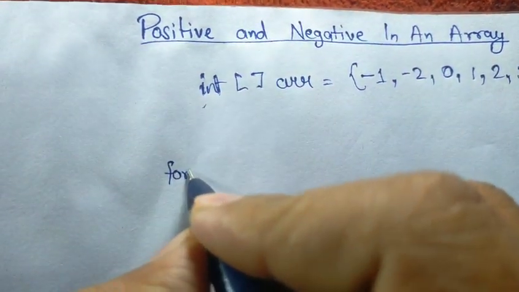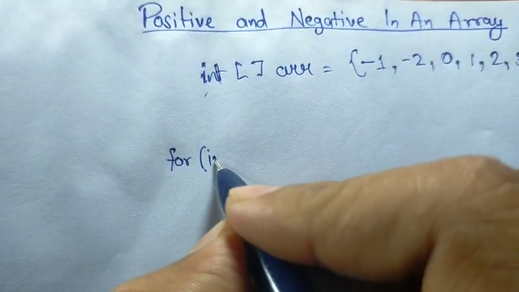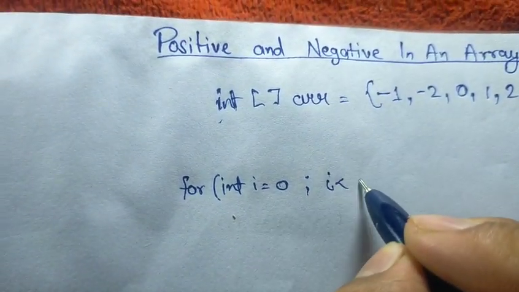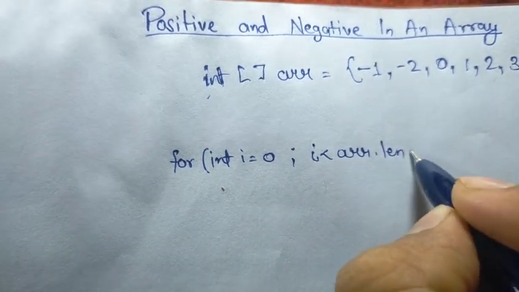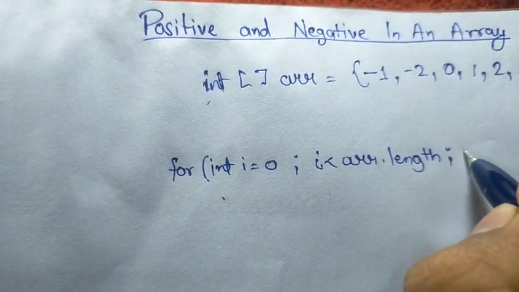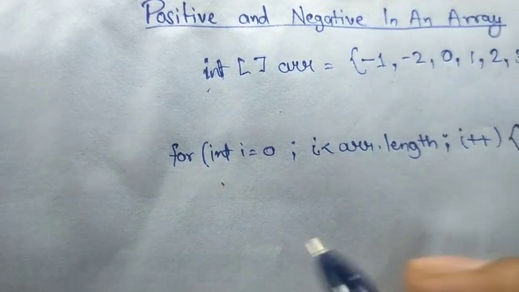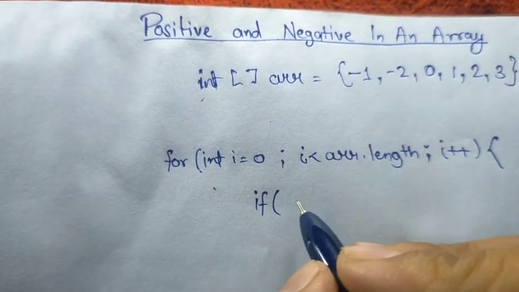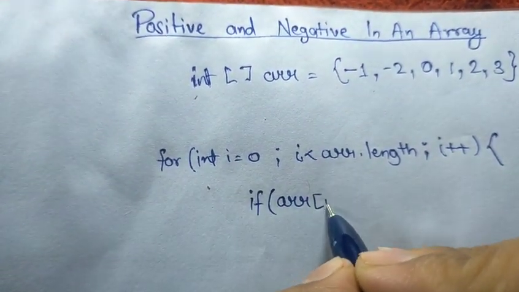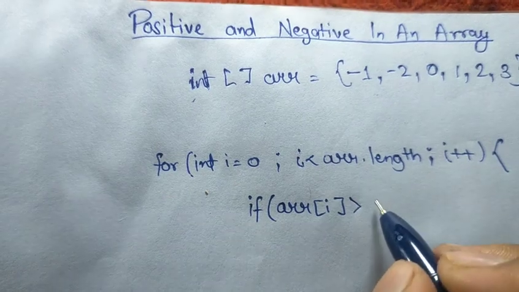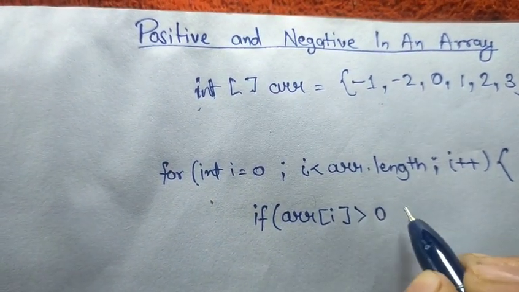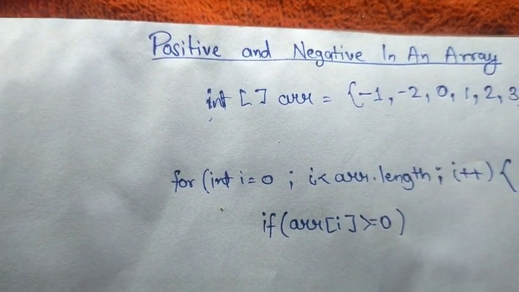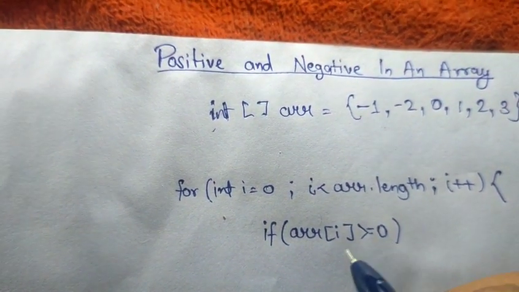For that we apply a for loop in which int i starts with 0 and goes till arr.length, and after that it will increase every time. So here's the basic of this. Now in this we apply a condition: if arr of i is greater than 0, means greater than or equal to, because 0 is also a positive number, so it will be greater than or equal to 0, then